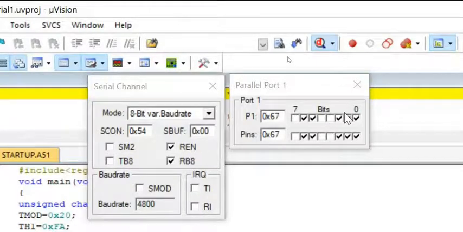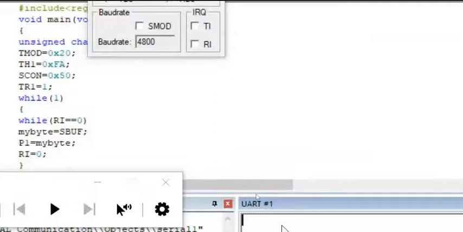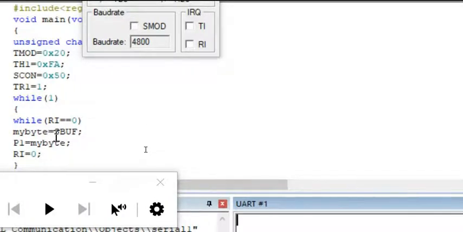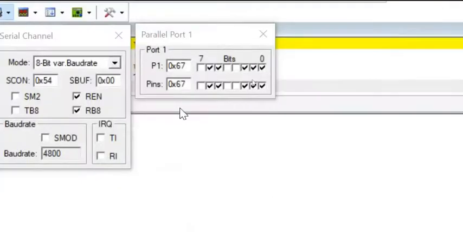So depending on the value, whatever we type in this UART window, that is the data the microcontroller is going to receive. Virtually, we are giving some information. The controller receives this information and saves it in SBUF. And finally, we are displaying it in P1, port 1. Yesterday, I demonstrated this is a binary equivalent for our character, whatever we are typing. ASCII conversion.